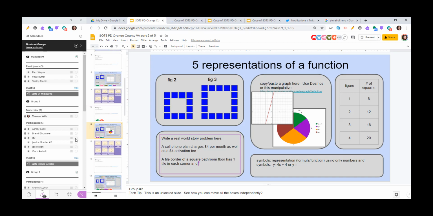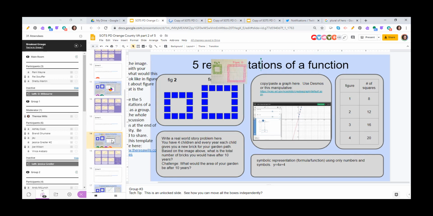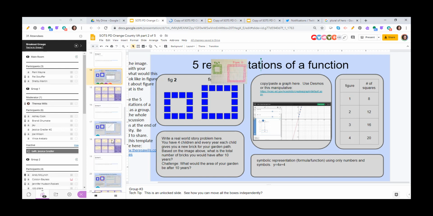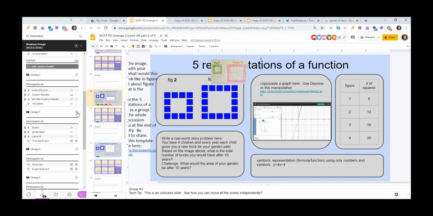So how can we visualize figure 3 in a graph? So figure 3 is where. I would graph it as 316. So that's going to be an increase, but it's